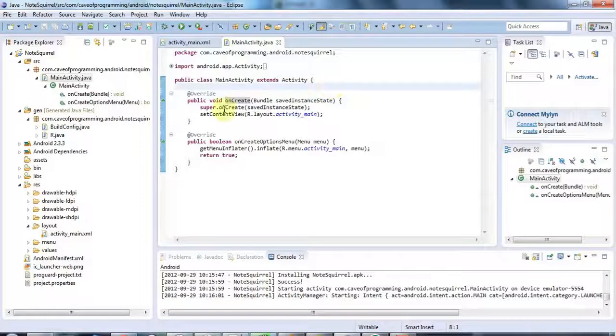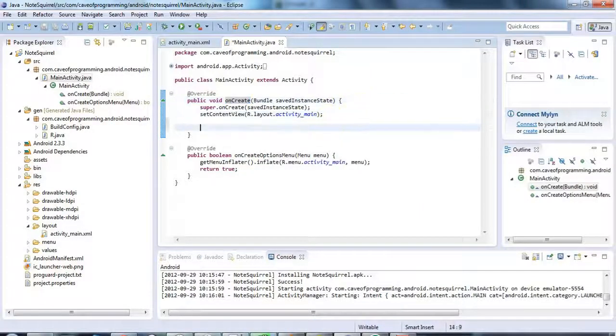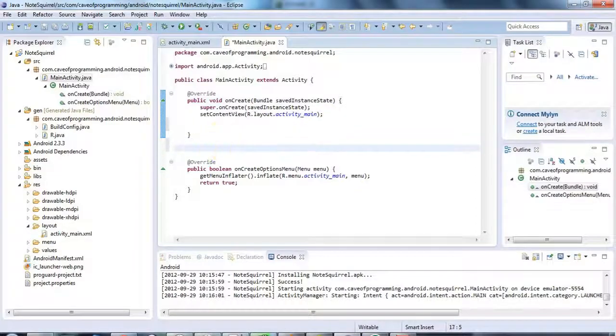We're going to be talking a lot more about the different methods that activities have. But for the moment, we're just going to use this as a place to put some more code that sets the application up. So what I need to do here is first find that button. And in fact, I'm going to add another method here, a method of my own, which I'll call private void addSaveButtonListener,